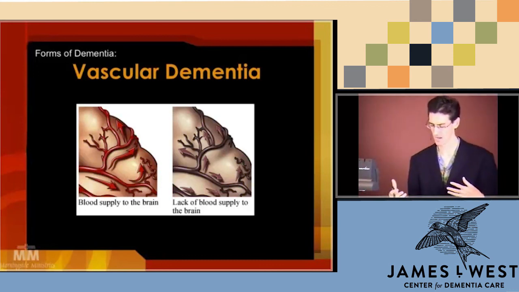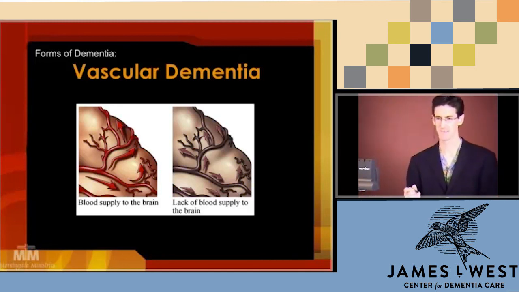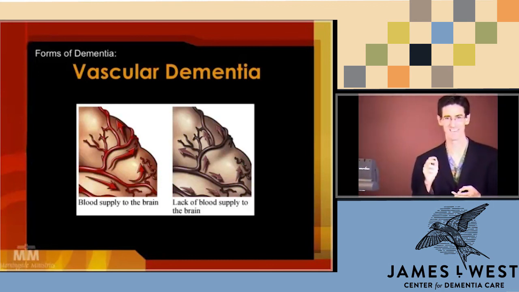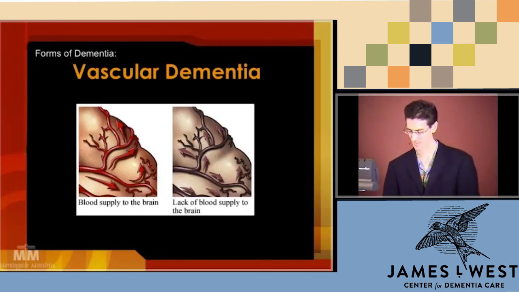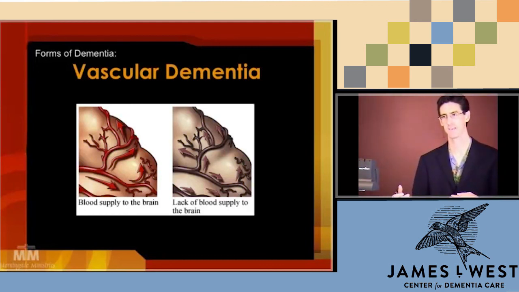And so when we talk about how to protect your brain, what can you do to protect your brain? My goodness, it's not smoking, it's exercising, it's getting your hypertension and your high cholesterol under control. And so with vascular dementia, their memory impairments are a little bit different. What we'll see with vascular dementia is while they do have memory impairments, they have